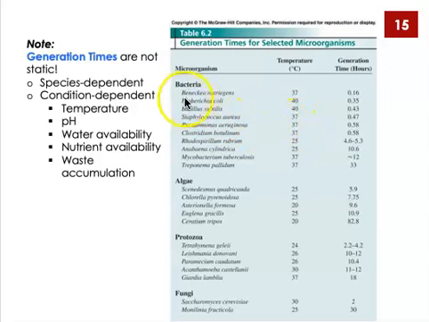So, for example, if you look at this E. coli listing, we have an optimal temperature of 40 degrees centigrade in the incubator, and we can expect a generation time of about 0.35 hours, or about a third of an hour, or 20 minutes. So that information is helpful to me in the laboratory because I know under what conditions I can grow E. coli effectively. So each species of microbe has its own generation time, essentially. Although in general,